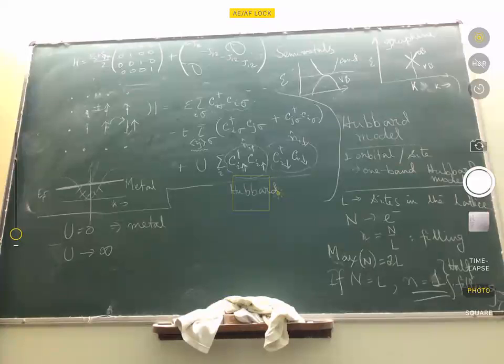Okay. Now, we are looking at a material. Of course, what the value of U is differs from material to material. Given a material, you have a certain value of U. Now, suppose we have a material in which U is very large, which mathematically I can take as U going to infinity. So in that limit, what we saw is that when U is equal to 0, when U can be completely neglected,